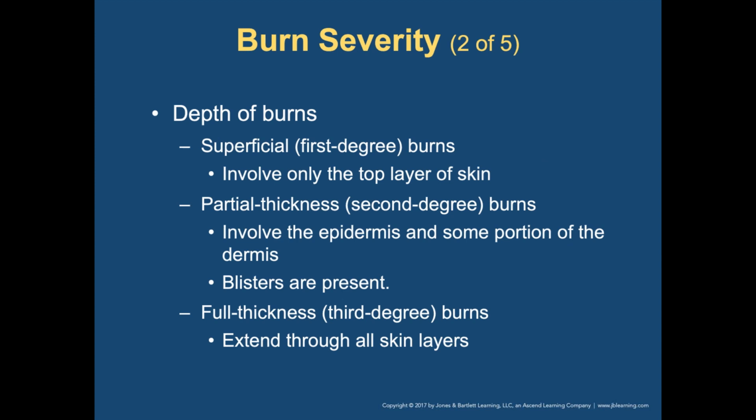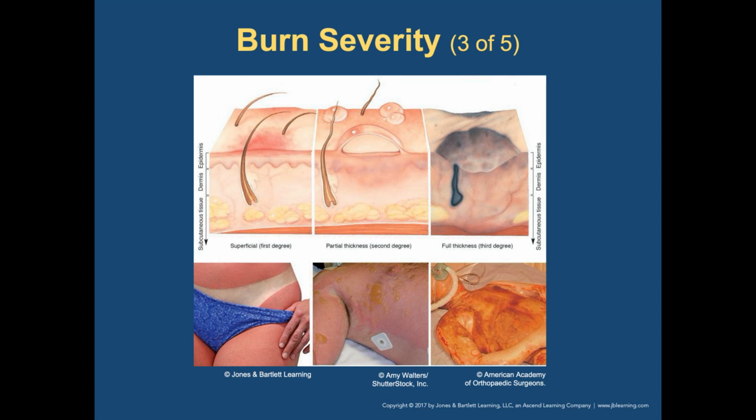Here's our depth. We're going to get superficial, partial, and full. Let's just look at that. Superficial right here, see the redness around there. Partial thickness, you'll have the blisters, the water sacs, and then the full thickness or third degree. That is really bad. This is what a first degree looks like. Partial thickness, you can see the blisters around here, and then a full